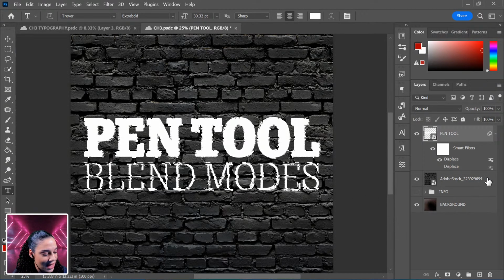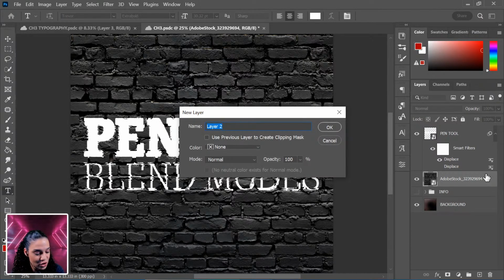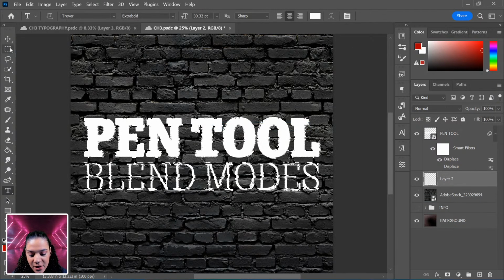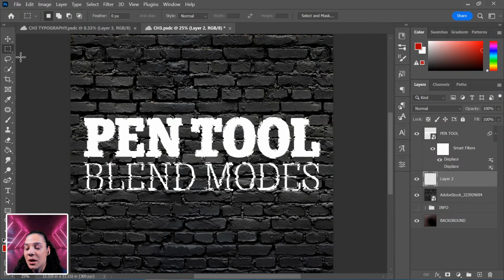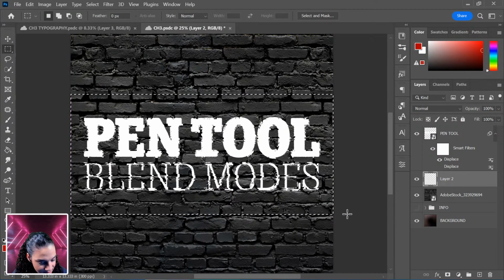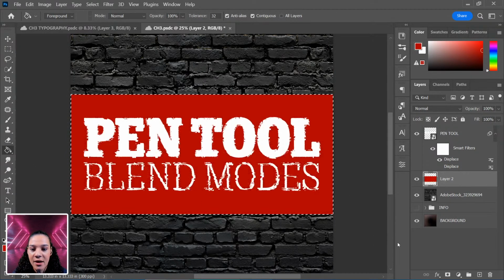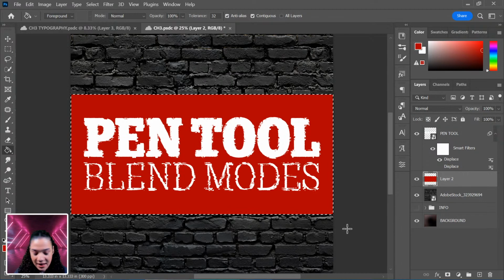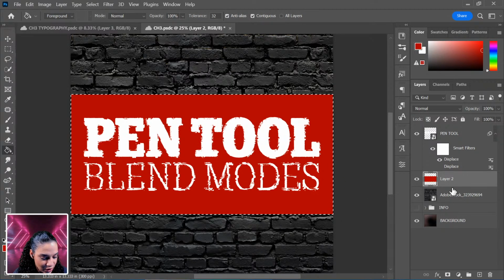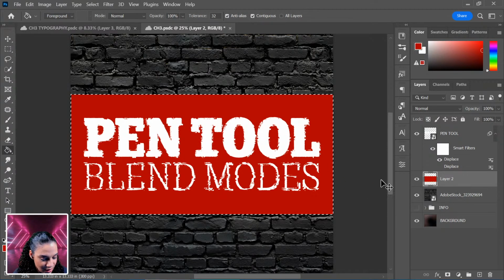I feel like I want to add a splash of color here. So on a new layer, I will Control or Command Shift N to create a new layer. I'm going to grab my rectangular marquee tool, which you can grab by pressing M on your keyboard or coming up here to your toolbar and snagging. And I am just going to kind of drag this out, grab my paint bucket tool, select a nice red color, and throw that in there, which I think looks pretty darn